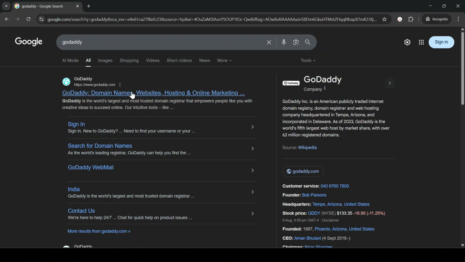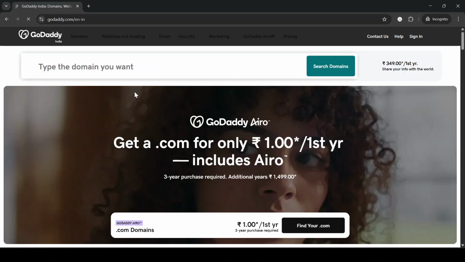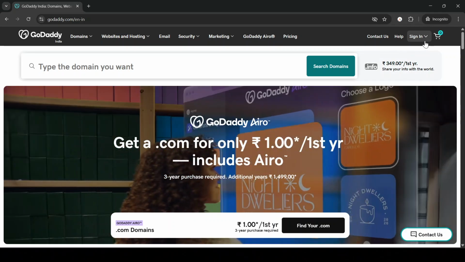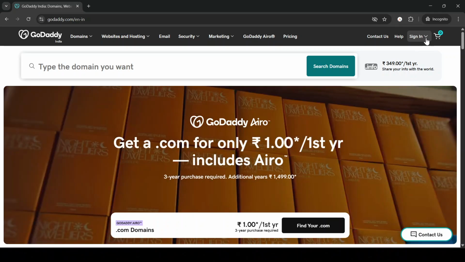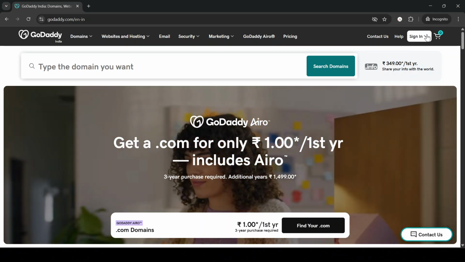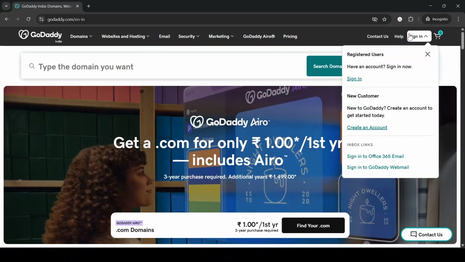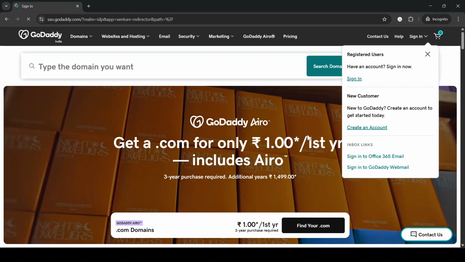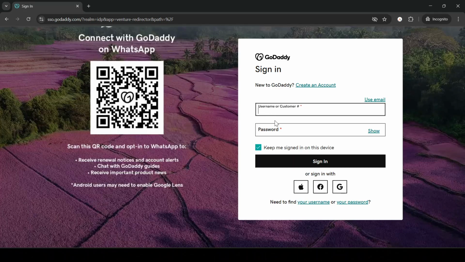First things first, begin by logging into your GoDaddy account. If you aren't already on the home page, navigate your way there by entering GoDaddy's URL into your web browser. Once you're on the home page, you will notice the Sign In button in the upper right corner. Click on that, and enter your username and password. If you've forgotten your login credentials, don't worry, there's a Forgot Username or Password link to guide you through the